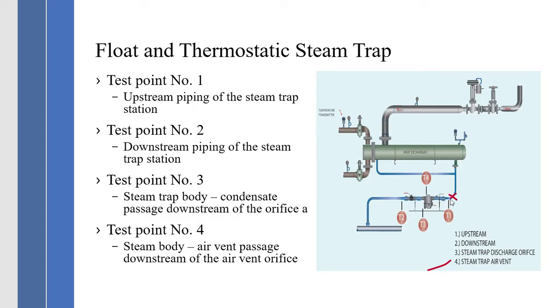So I'm testing upstream and downstream and the condensate discharge orifice, but I also have to test the air vent, because there are two orifices or two passages that steam can flow through on a floating thermostatic steam trap. So on floating thermostatics, we have 4 test points that we have to take. Our 2 benchmarks or base points, upstream and downstream, but then we want to test the condensate outlet and the air